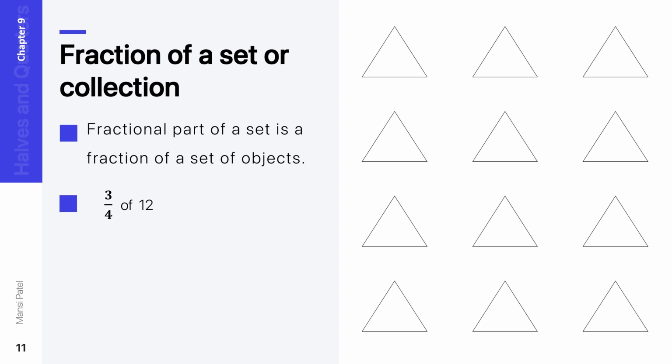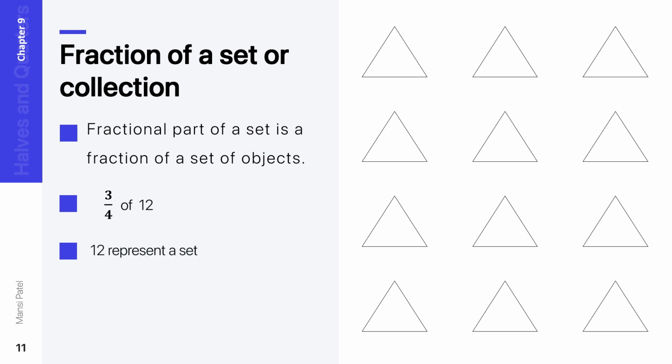Now one question arises in your mind: in a fraction we studied that 3 represents the numerator, meaning in 3 parts, in 3 stars, you have to shade or color. The total they gave was 4, and out of this 4 you have to shade 3 parts. But now the thing has changed. Now here they give 3 upon 4 of 12. So let us see the meaning of all these things.